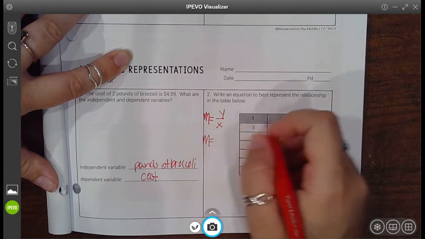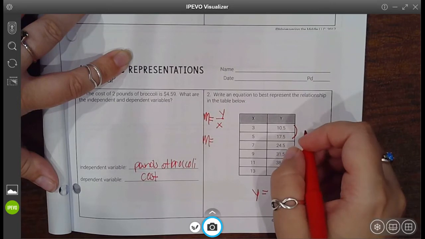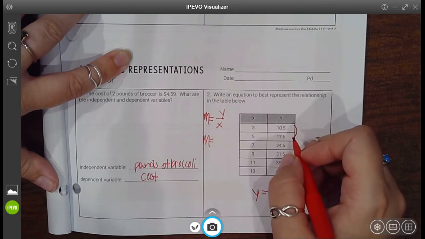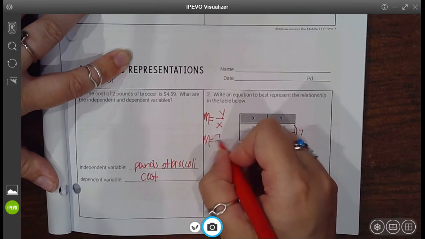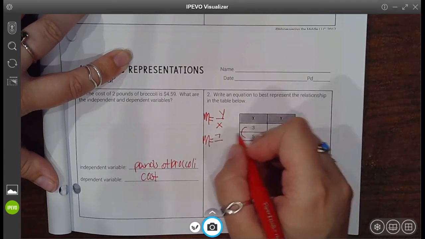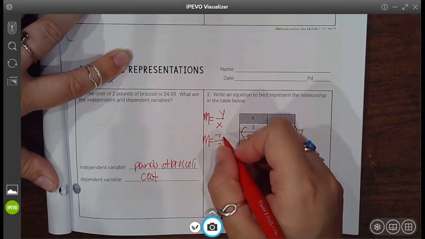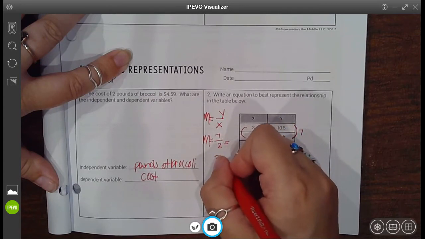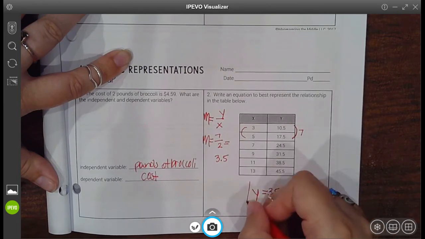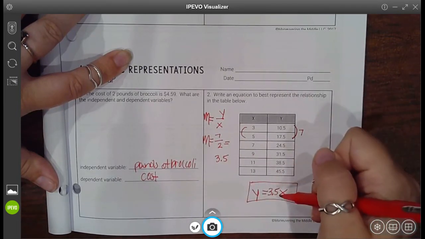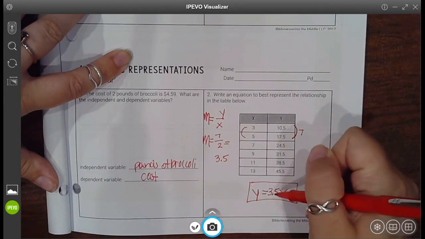So from right here to here, what was the change? This changed by 7, right? And then the x changed by 2. Well, 7 over 2 is 3.5, which means the rate of change should be 3.5. In order for that to hold true, each time you have your x, you should multiply it by 3.5